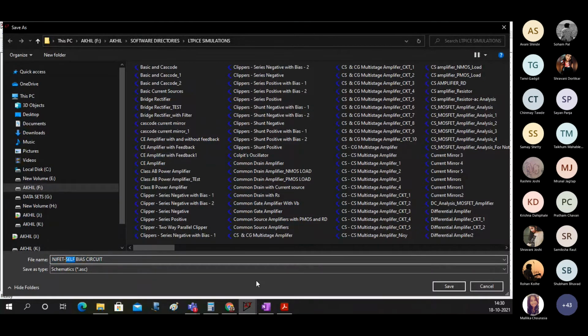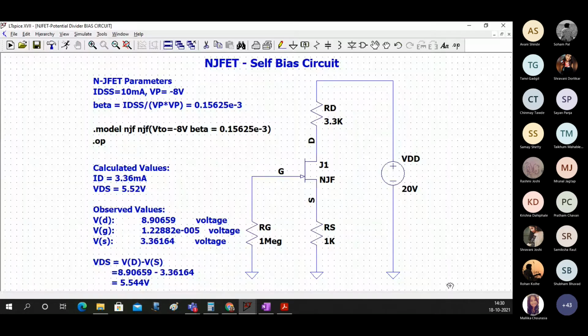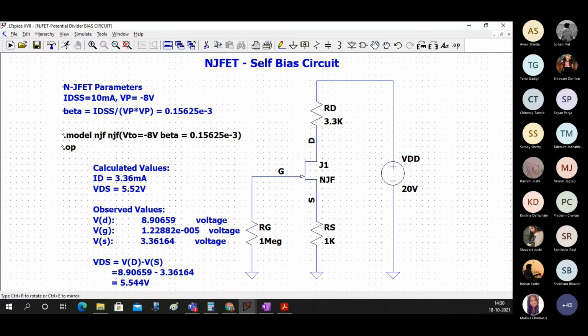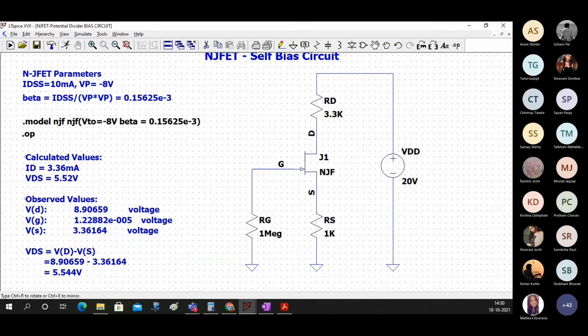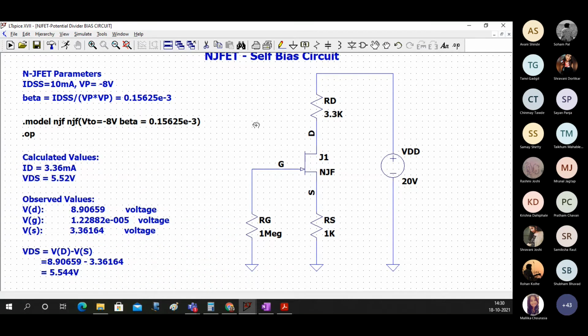The next circuit is the potential divider bias circuit. Most of this would be almost similar, with the addition of a resistor here.